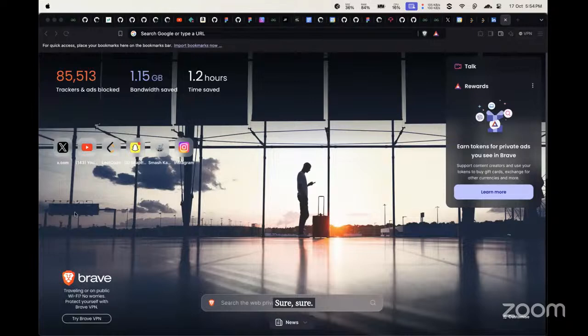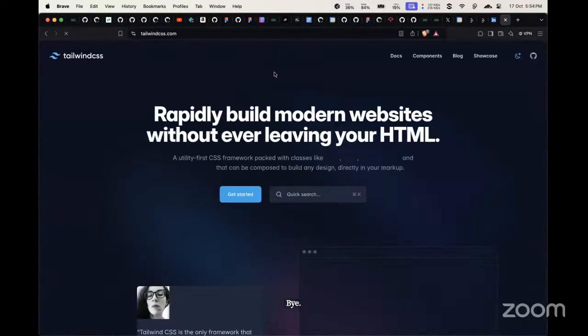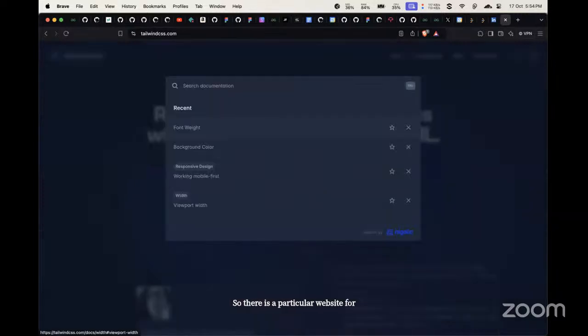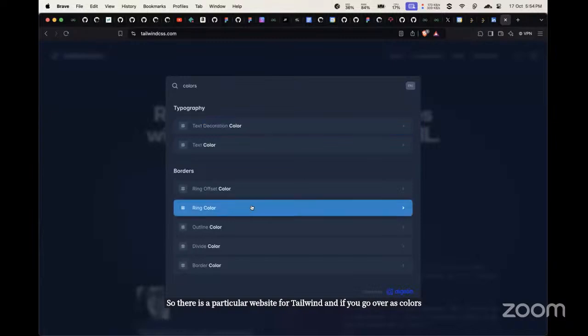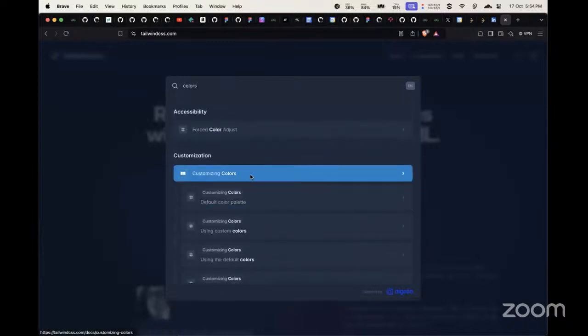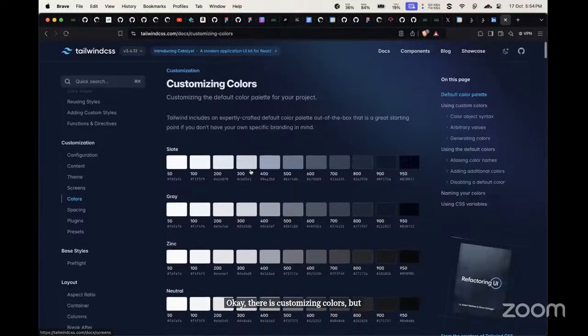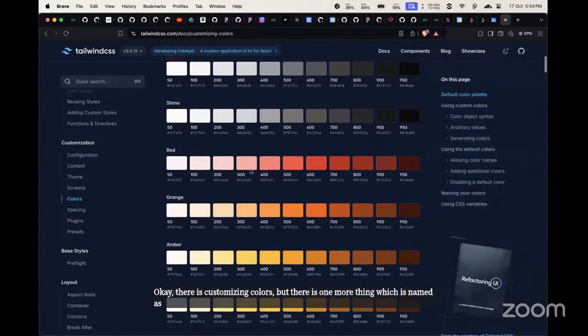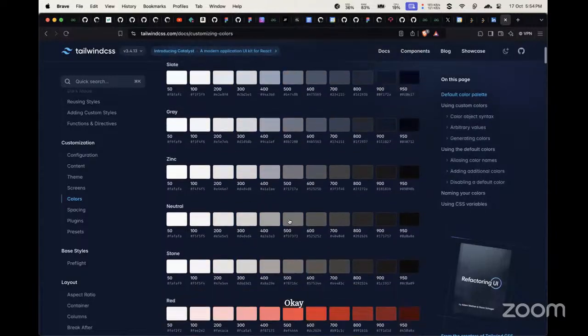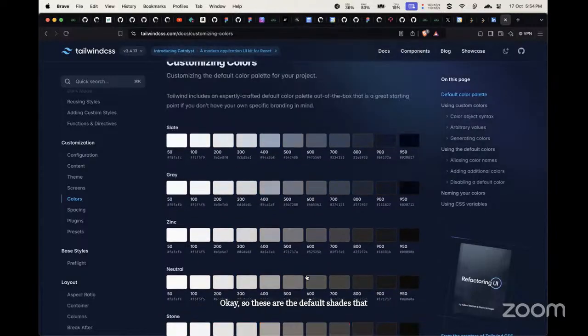So there is a particular website for Tailwind, and if you go to colors, there is customizing colors, but there is one more thing. So these are the default shades provided by Tailwind.